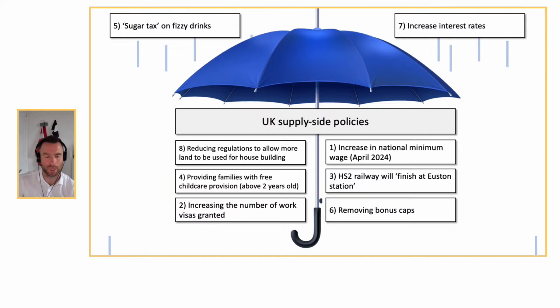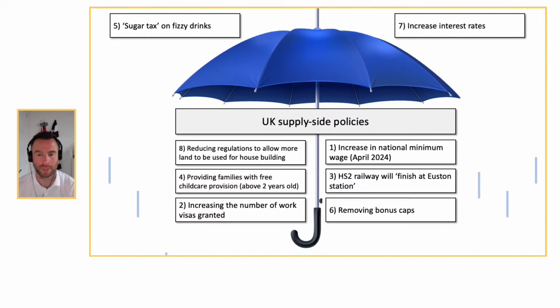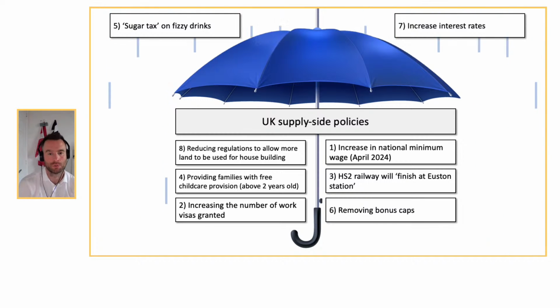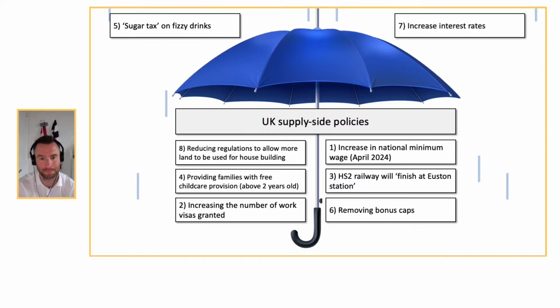Planning regulations in the UK are assumed by some to be a little bit bureaucratic with lots of rules and regulations. Number 4 there, providing families with free childcare for those who are above 2 years old. That would incentivise more parents to return to the workplace. Increase the number of visas. That one we're really targeting the quantity of the labour force, making it easier for people to come to the UK and supply their labour to meet the demand. Number 1, the minimum wage. Increasing the minimum wage would incentivise more people to work,